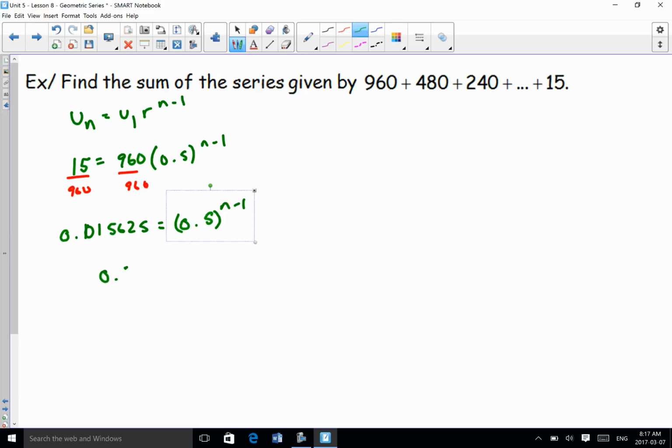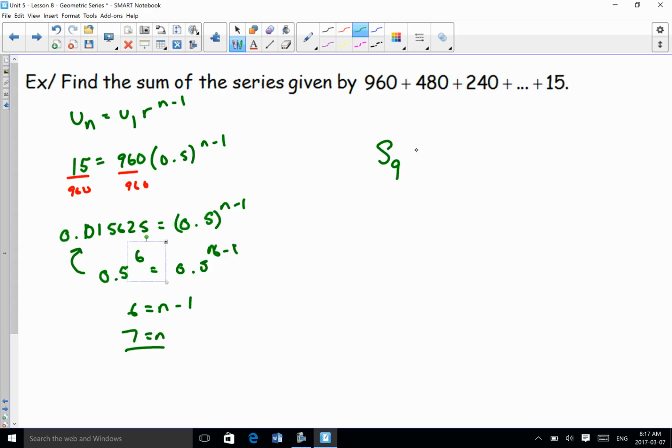Our guess and check method, we use 0.5 to the power of what? It comes out to this thing. If we try it, we get 0.5 to the 6. If our bases are the same, our exponents have to be the same. So we're going to solve the exponents, and n is 7. Once I know that, I can go to my equation now and say, okay, well, what's